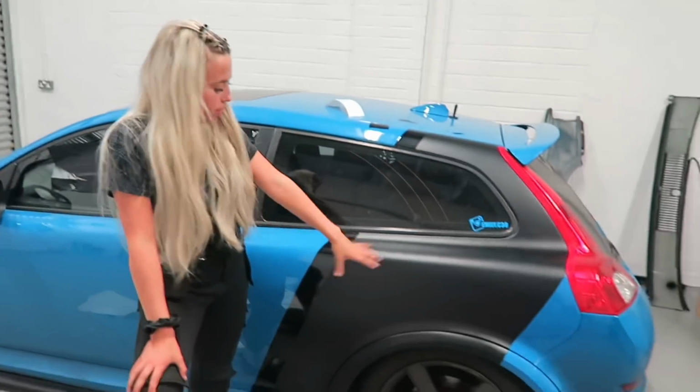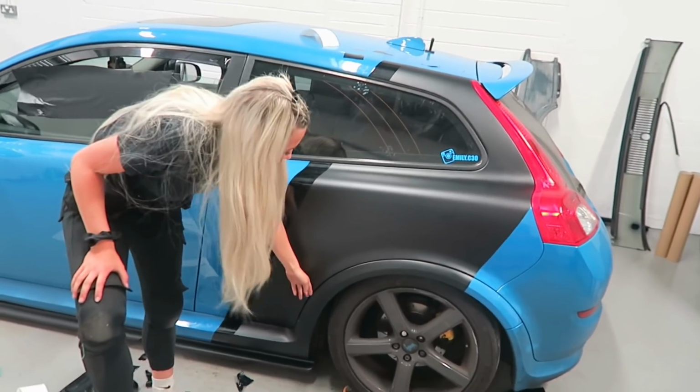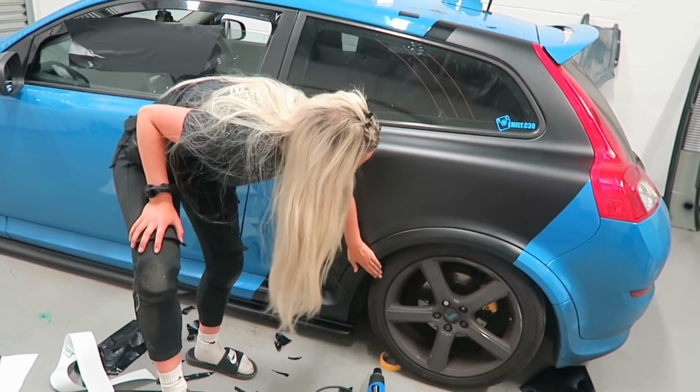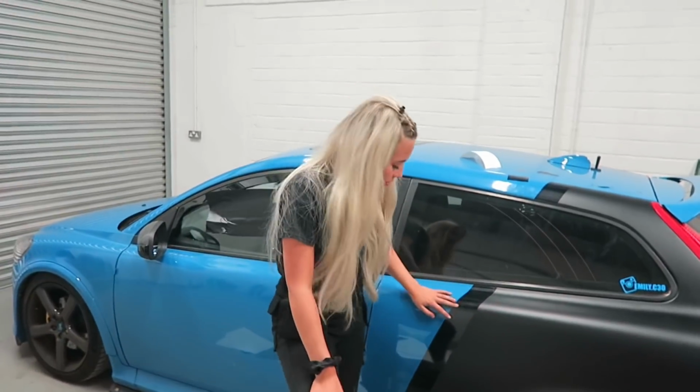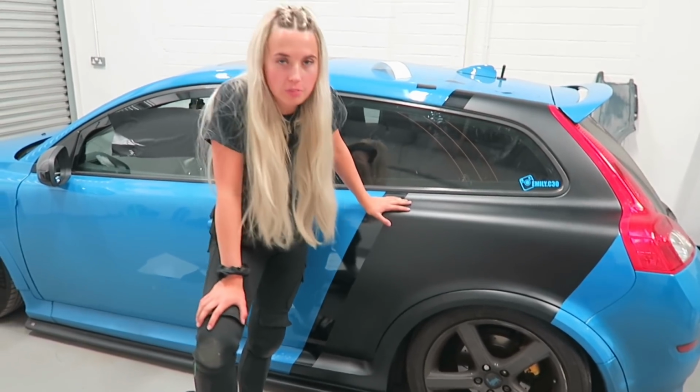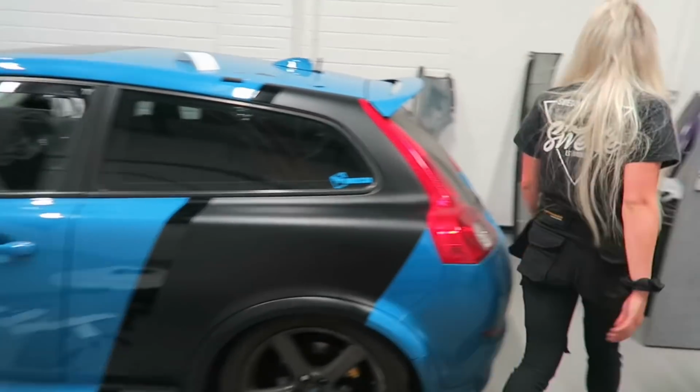I like to wrap the wheel arches separately, because the C30 is annoying and has these stupid wheel arches. So I wrap them separately, and I've done the side skirts separately as well. I put the first strip of gloss black on, so if you come around this side,